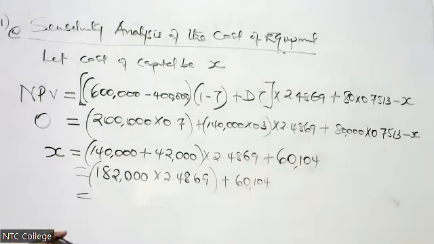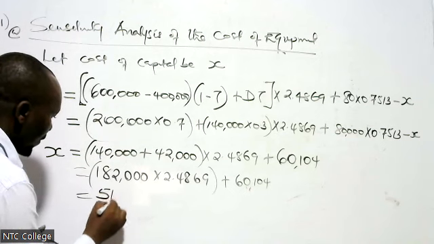So my worry is now how to calculate this. Hiyo ndio naona kama ni ngumu. So we calculate 182 plus 6014. So you're having